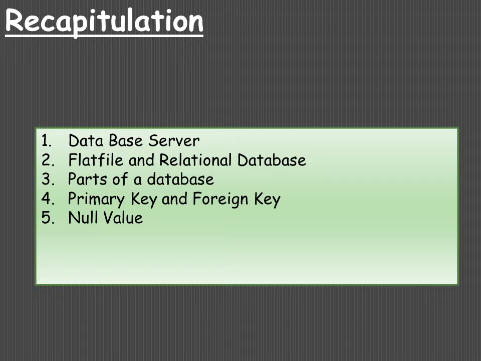Next is null value. A null value represents the value of an attribute that may correspond to missing or unknown information. If we say the height of a person is null, it means that such a person exists, and he does have a height, but we do not know what the height is at the time data was collected. Therefore, we mark it as null. Null is never equal to 0. Sometimes this question is asked in the exam: is null value equal to 0? No, null is never equal to 0. It is a legal empty value.